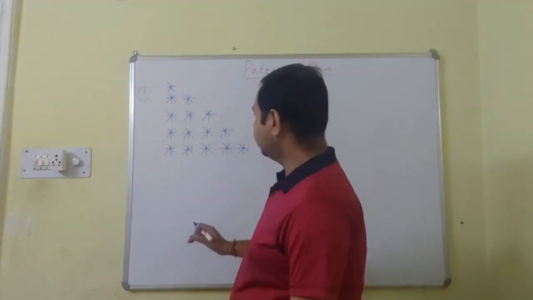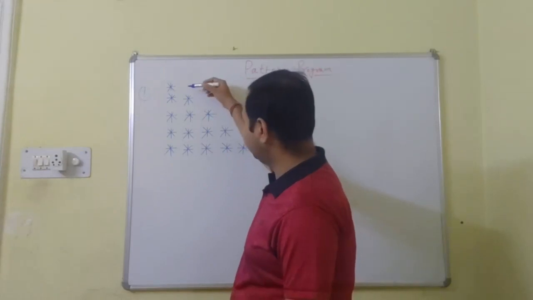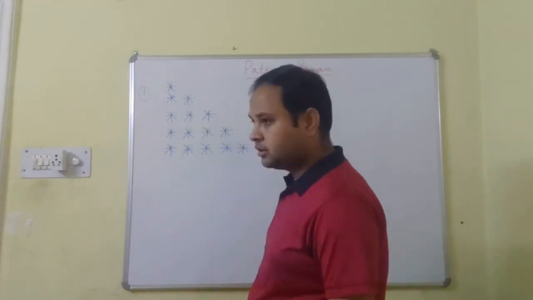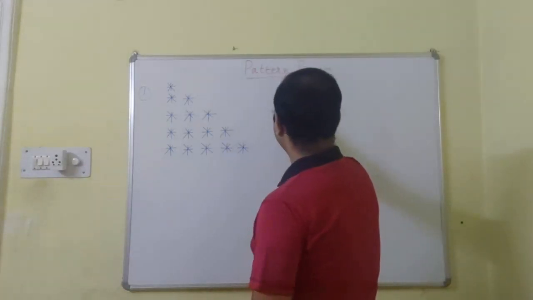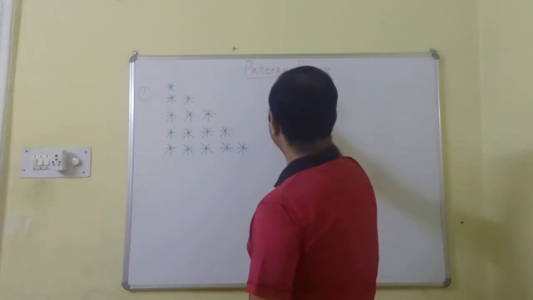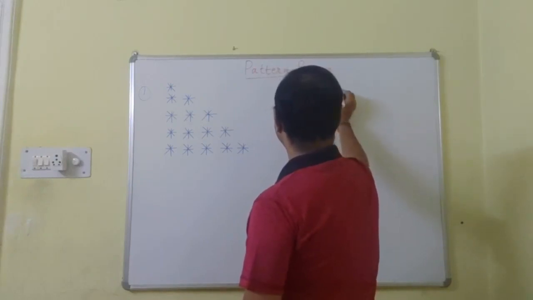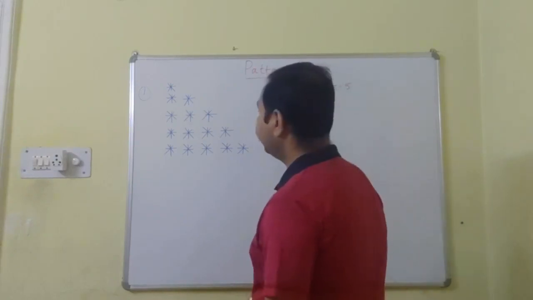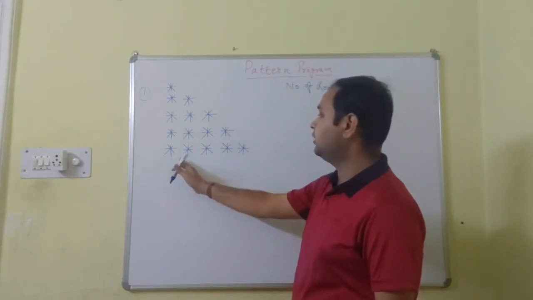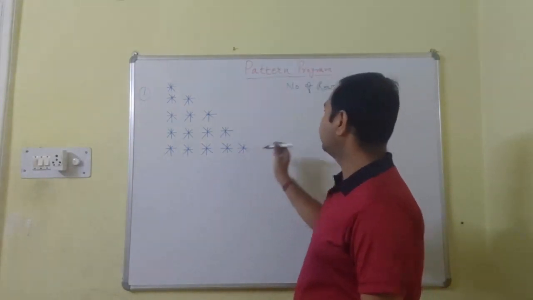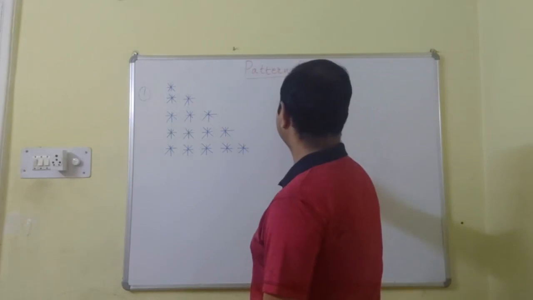Basically, you can see how many rows we have to move: 1, 2, 3, 4, 5. So the number of rows is 5, and how many columns are we having? 1, 2, 3, 4, 5. So the number of columns